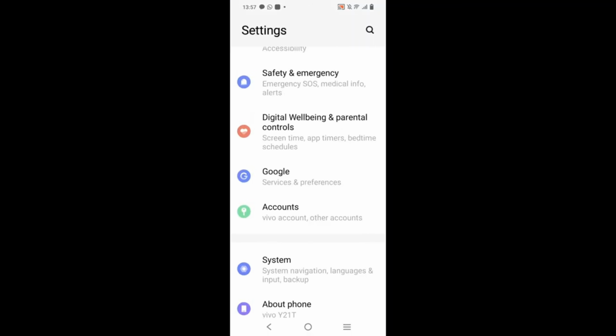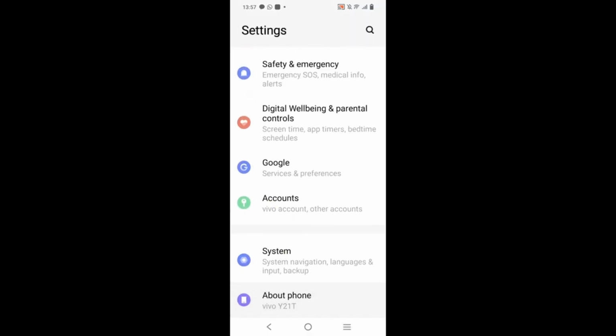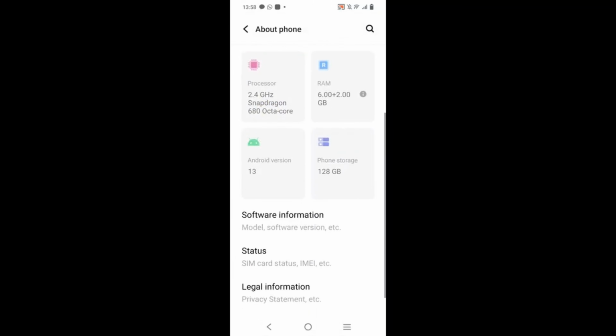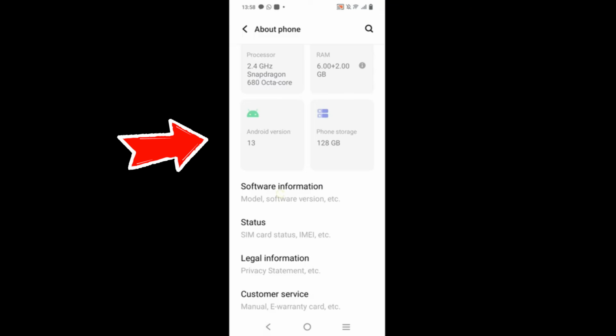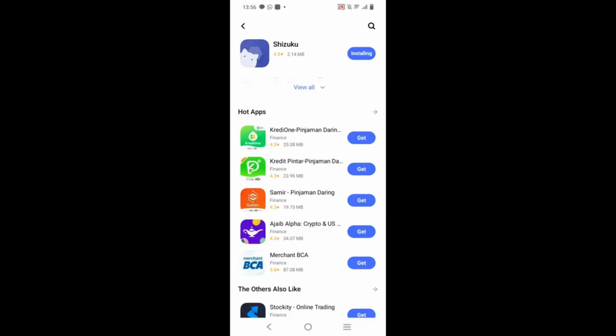First, you need to check your Android version. Go to Settings, then select About Phone. Here, you will see your Android version. If your device is running Android 14, Android 15, or Android 16, you should not use the Shizuku app from